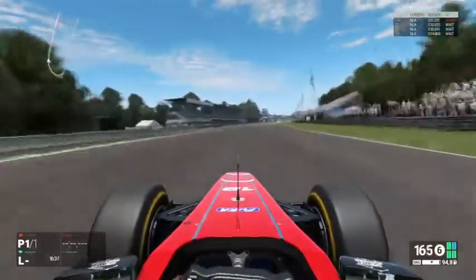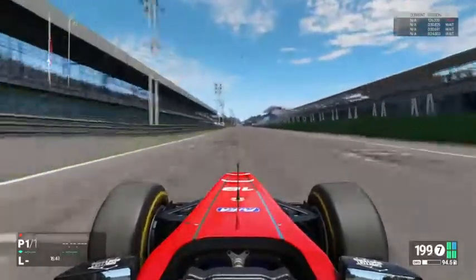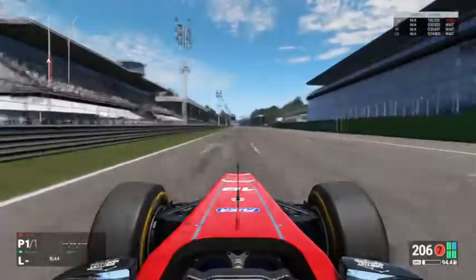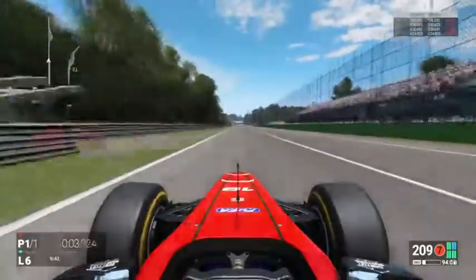But you may have just noticed then we did easily get over 200 mile an hour, and we're going to do the same down here. We're already up to 207. And we're topping out